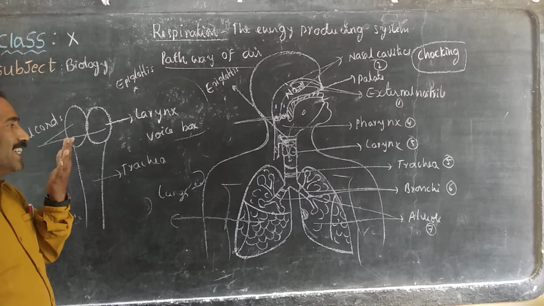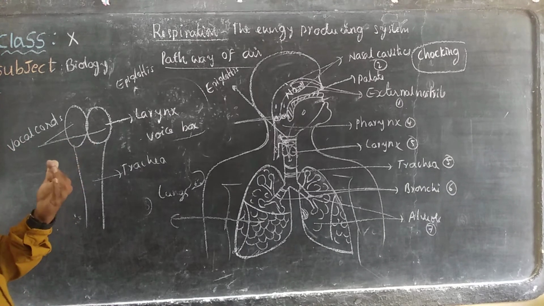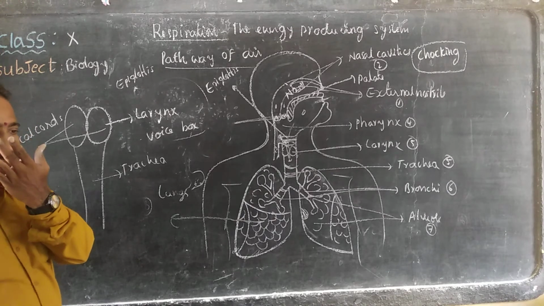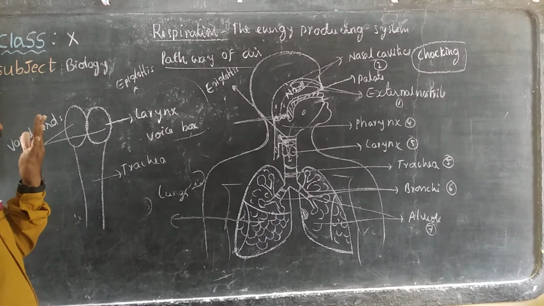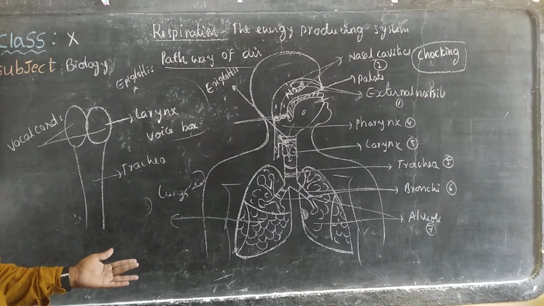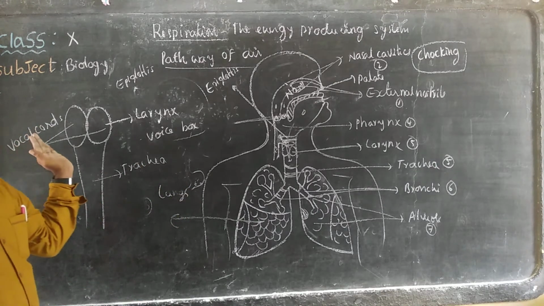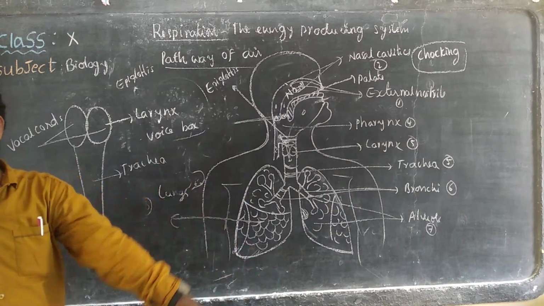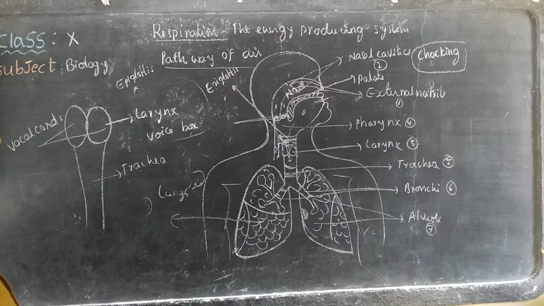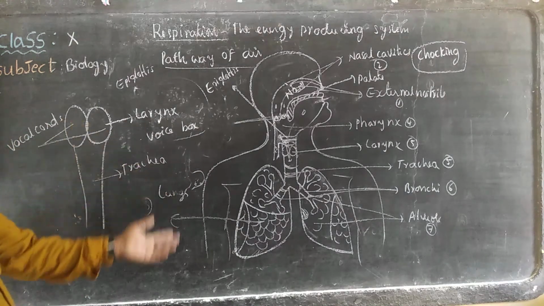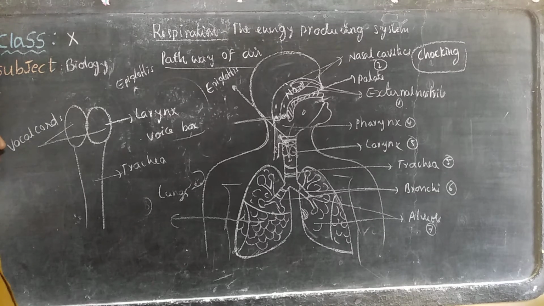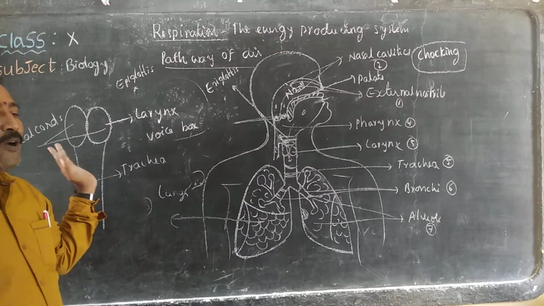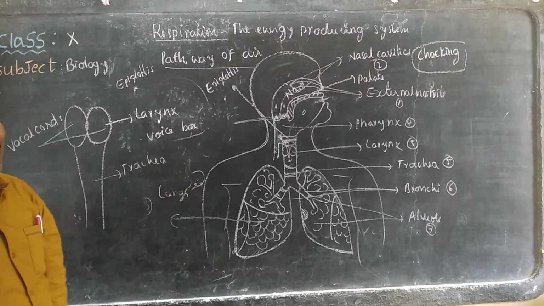If you want to check this, you can place your fingers or your thumb in front of your mouth while talking or speaking. Then you feel the air coming out. Why? The vocal cords produce the vibrations during the expiration or exhalation. That's why you feel the air coming out from the mouth while talking. Somebody can even spray their saliva, because we are producing the sounds during the exhalation.